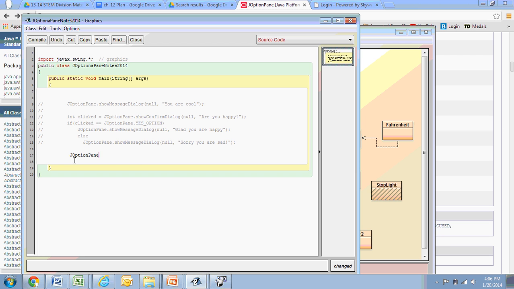The name of the class used to be called OptionPane. It's called JOptionPane because it's part of the javax.swing package. So all the classes in javax.swing will start with a J. JOptionPane show input dialog. These are all things that you can put down in your notes so you have them. Show input dialog. I'm still going to pass a null, and this time I'm going to say